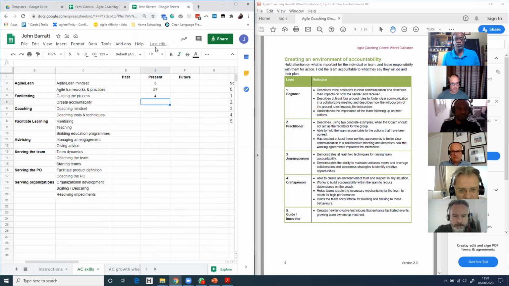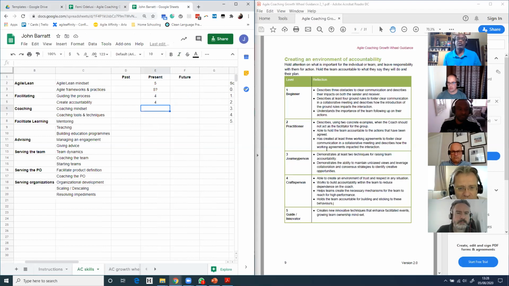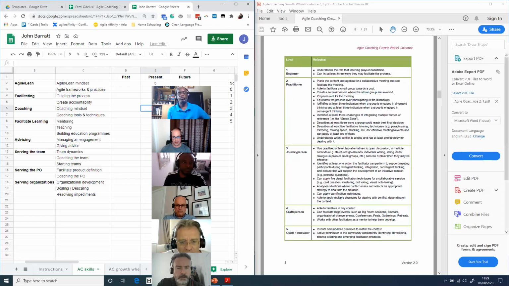Just to add to that, holding to account is a concept that I've come across to ensure that the team own their actions. So under actions and accountability, the facilitator, as you mentioned, doesn't take responsibility for delivering the actions, but makes sure that the team commit to taking those actions that would ensure that they deliver. Yeah, exactly, Femi. Okay, we're going to go into coaching now.